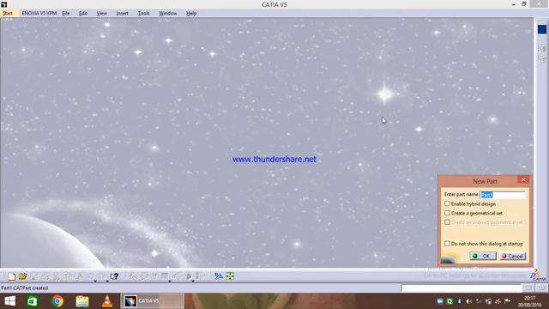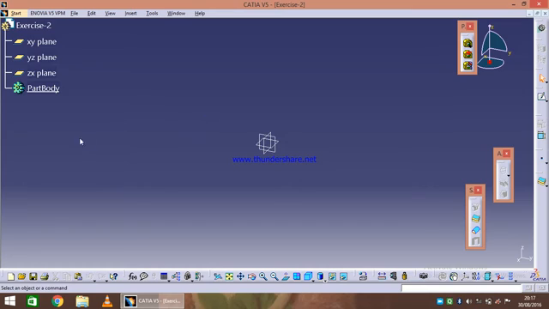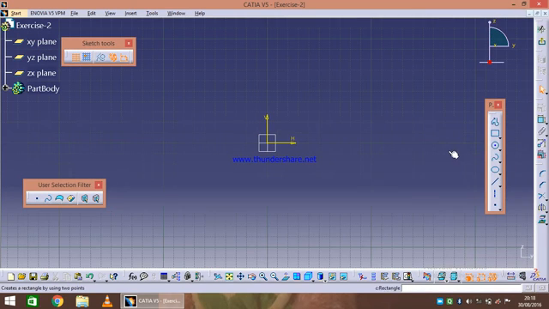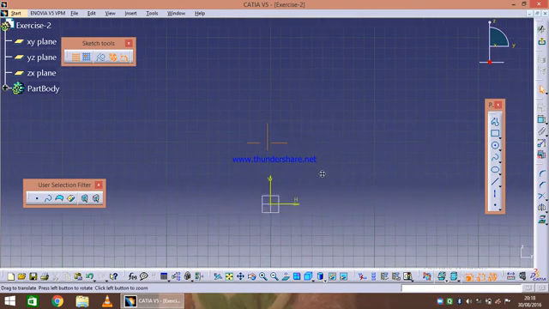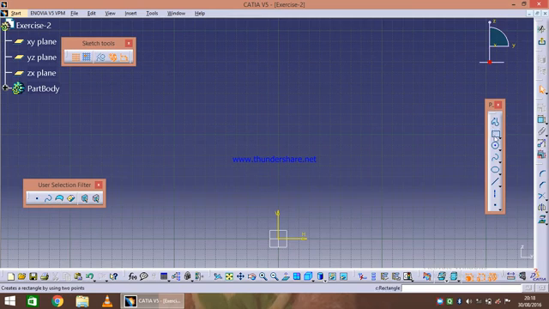Part design, name it exercise 2. Now this is our model tree. So we will select one plane to design a sketch and invoke the sketcher workbench. So our sketcher workbench is invoked. Now use the profile tool